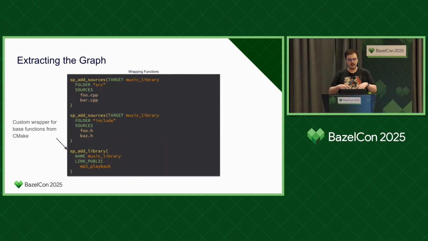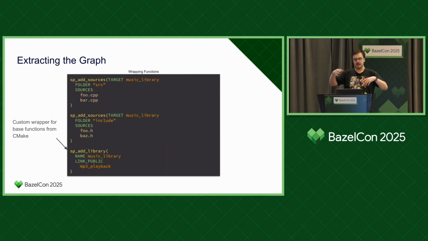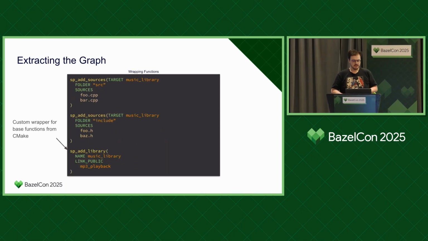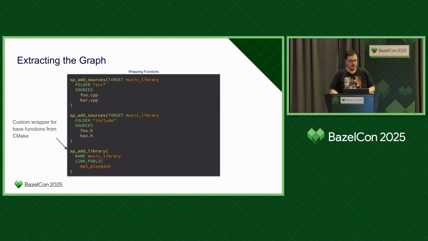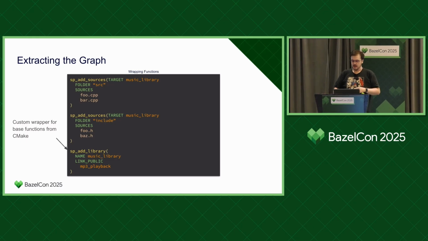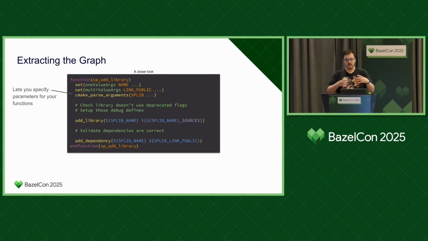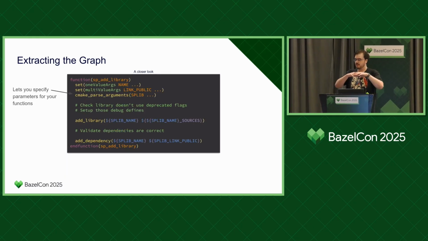So we end up having this cadre of functions like sp_add_library, sp_add_sources. So this is basically the same file, just now done in that way of abstracting things out using CMake functions. And this lets us have a hell of a lot of control,